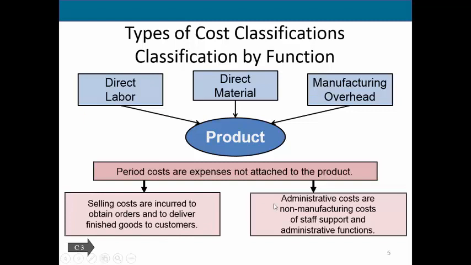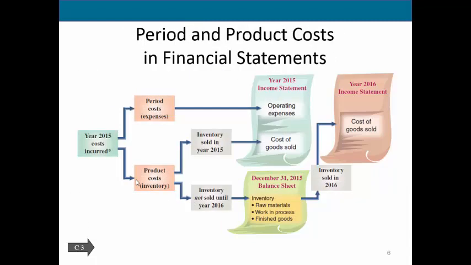Another example is administrative costs. So that's when we are talking about the people who work in accounts payable, or the people who work in accounting, or the CEO or CFO or advertising departments of the company. They are very important, but they are not actually related to the manufacturing process, so we call these period costs. It's very important that you're able to identify if something is a product cost or a period cost, because that affects how these different costs are treated on our balance sheet or on our income statement.